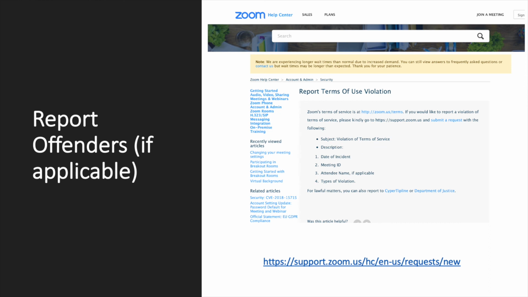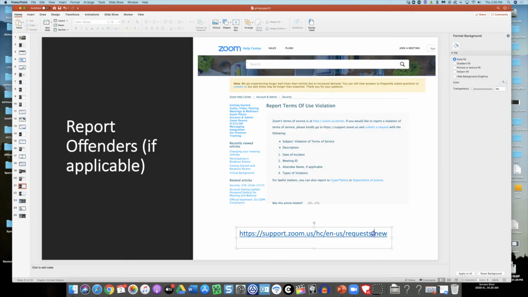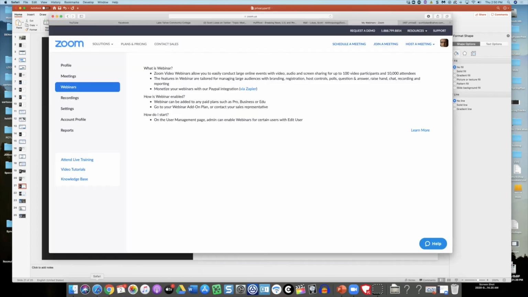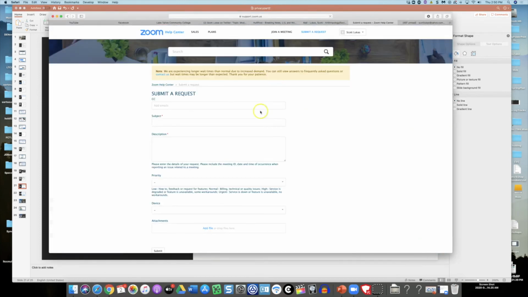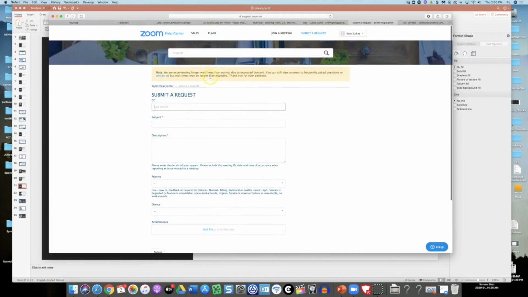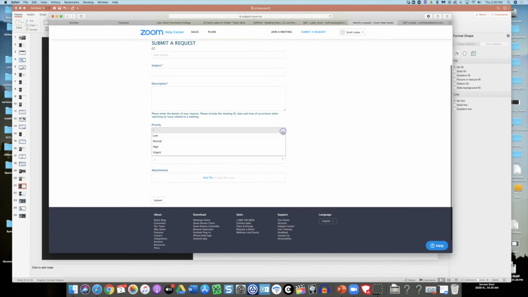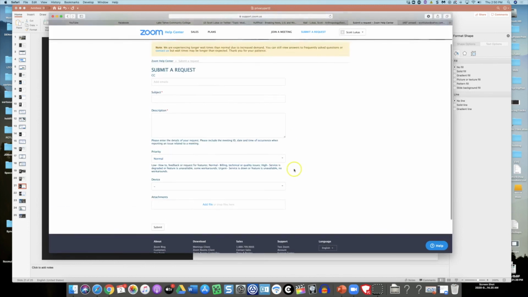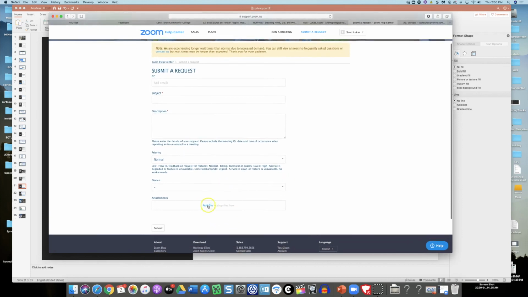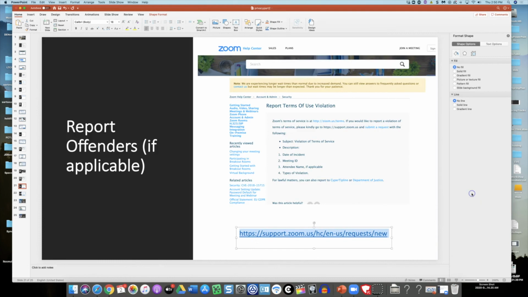And so what you can do is go to this website here, and I'll have that available for you as well if you need that contact. And then all you have to do is submit this request. It is saying right now that they're taking longer. So when I turned in my security report after the Zoom bomb attack, I put it as a normal priority. And then I included attachments of all the offender files that were involved, that I had images of.